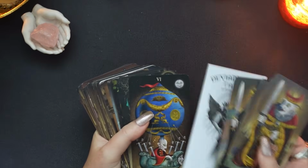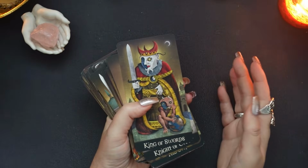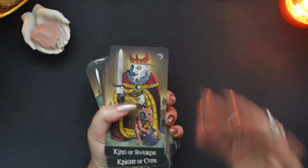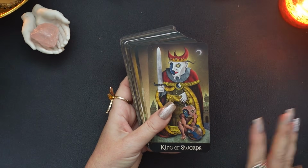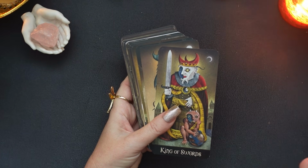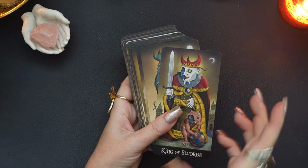But just in case, these are the decks that I'm not going to be heartbroken if something happens to them, if they wear out, because I know that I'll be able to find them again. These are not out of print. And as I said, they are mass market. Generally speaking, they're not just mass market, they're actually on the lower end of the pricing range,